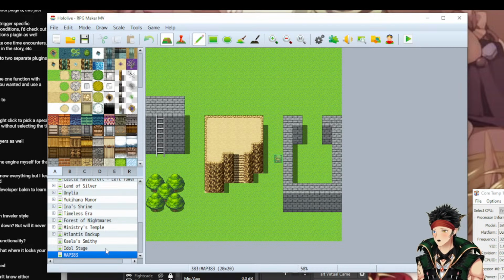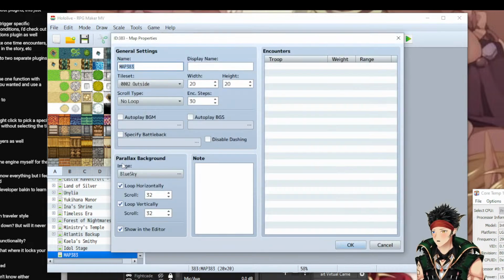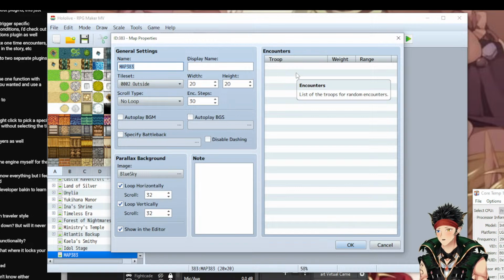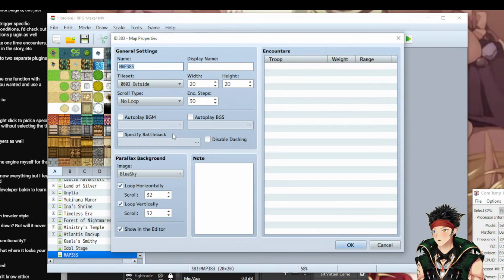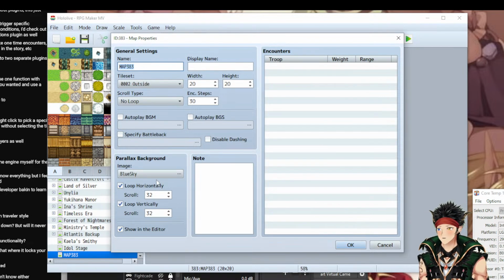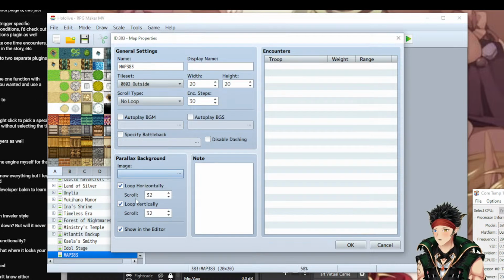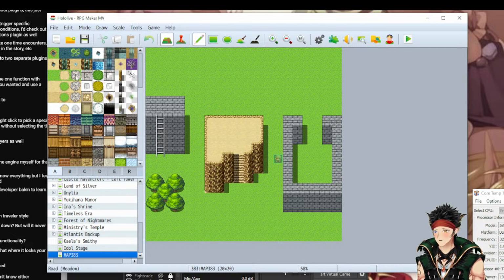So, again, with the maps, you can do a bunch of stuff in regards to tile sets, how big they are, how often you get enemy encounters, how often those enemies show up, background music, background sound effects, battle backgrounds, if you fight on that map, if you can dash or not, parallax background, if it loops or not for the parallax, if it loops or not for the map, if the map will show the name, any JavaScript goes here,